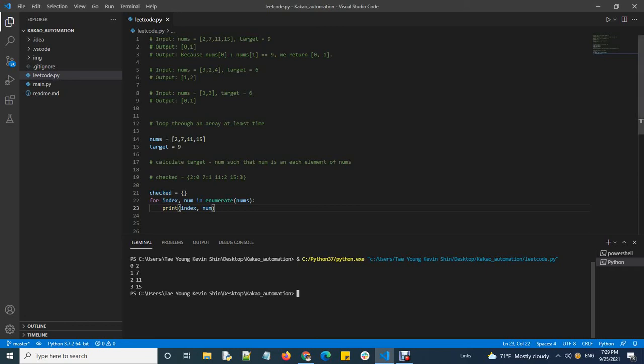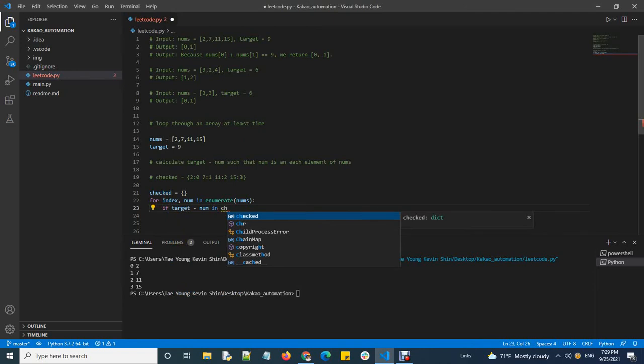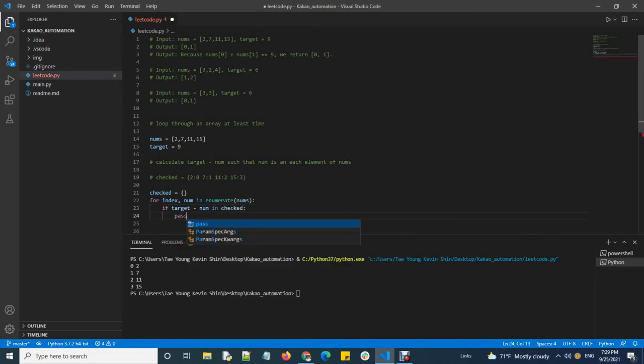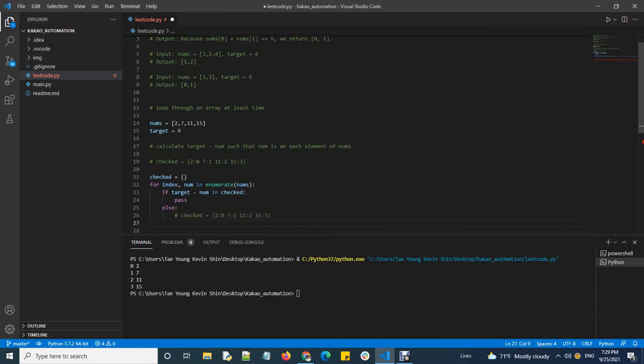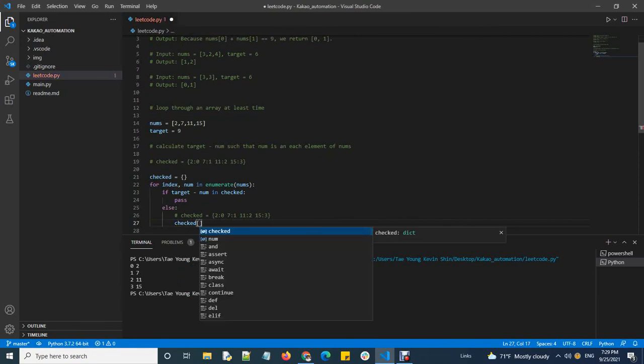Okay? So over here, what we want to do is check, hey, is target minus current num value inside the checked array or not? We want to ask this. Then do something. Otherwise, remember, we want to populate this array. This is the format that we want to populate. So we want to get checked and add the key as the current num,